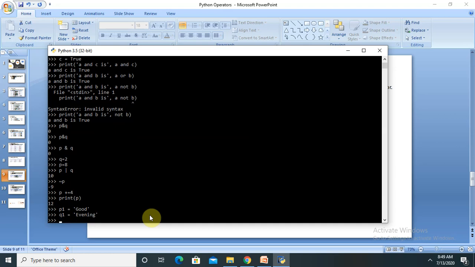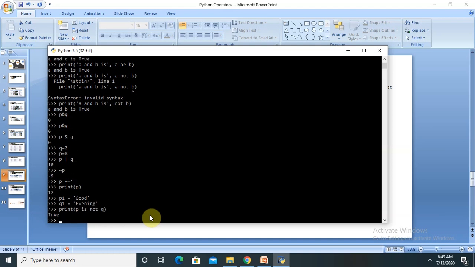Now if I want to print P is not Q, then you can see the true value is printed.